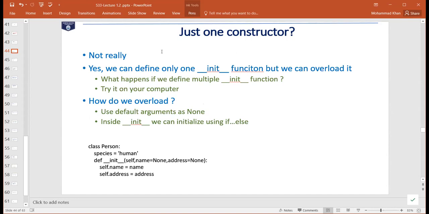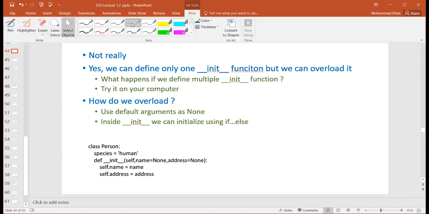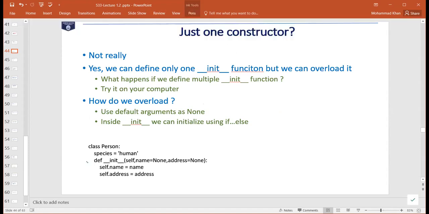So in Python, we can declare only one constructor. We can think of it as a limitation, but Python was not designed to be robust in this respect. We still can initialize the classes in many different ways. So we can use one init method, and inside the